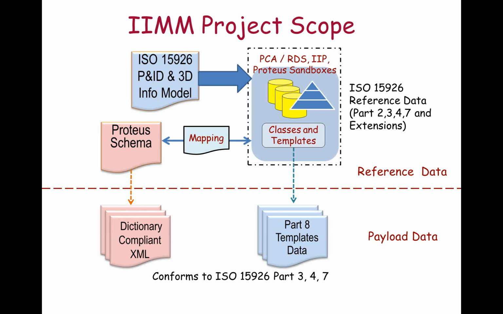And the schema can be the mapping definition that we talked about between the classes and templates in the sandbox and the schema, and ensure that the XML that conforms to that schema is equivalent information content to what is in the Part 8 template payload of